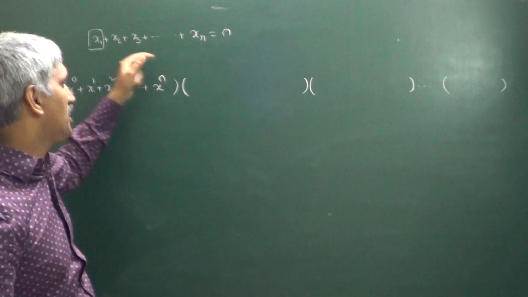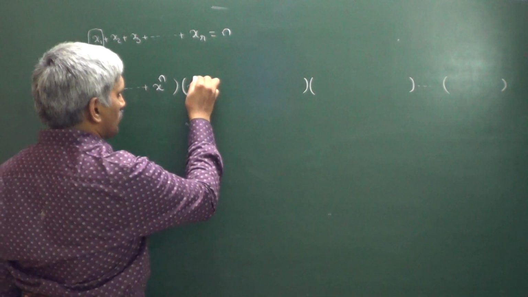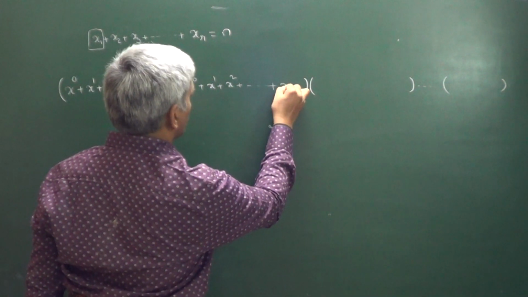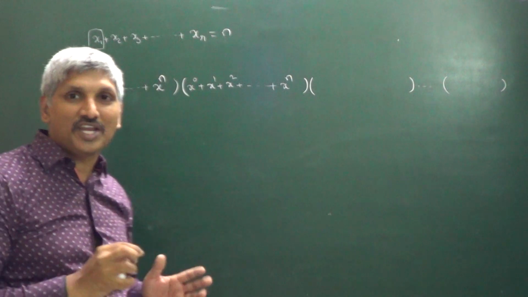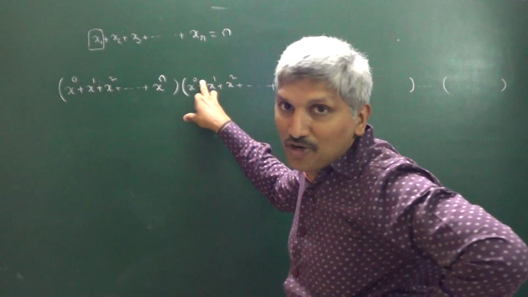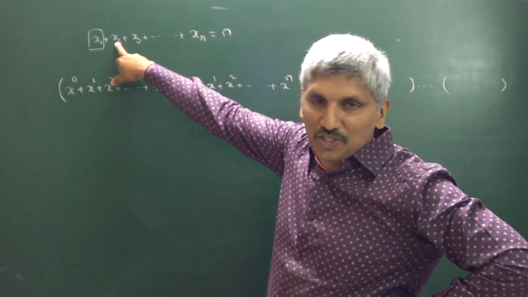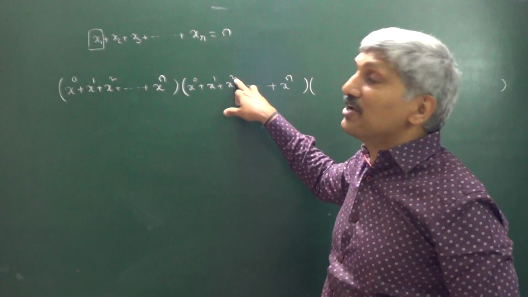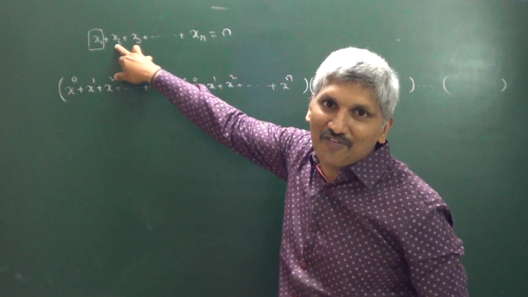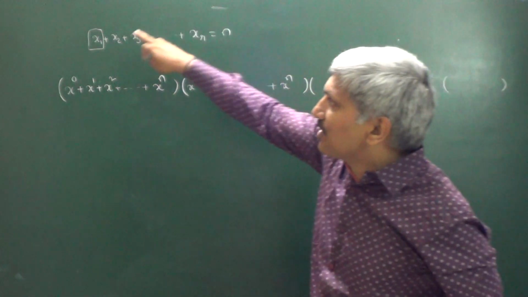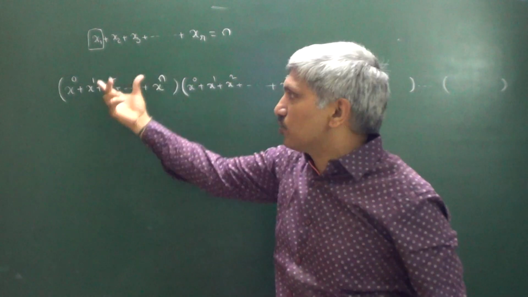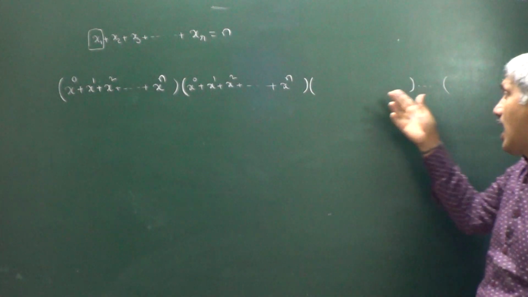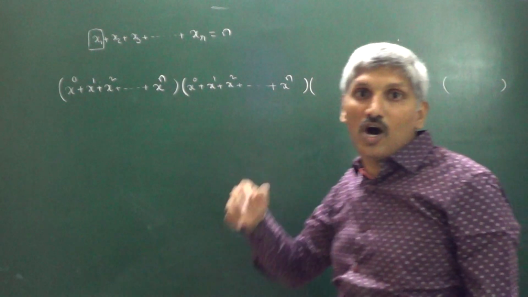Similarly for x2 also the same: x power 0, x power 1, x square, plus and so on, plus x to the power of n. So what is the meaning? I am writing x power 0, which means in place of x2 you may write 0. X power 1 means in place of x2 you can write 1. The power denotes what we are substituting in place of x2, right? So this bracket is for x1, this bracket is for x2, this bracket is for x3 and so on. The last bracket is for xr.